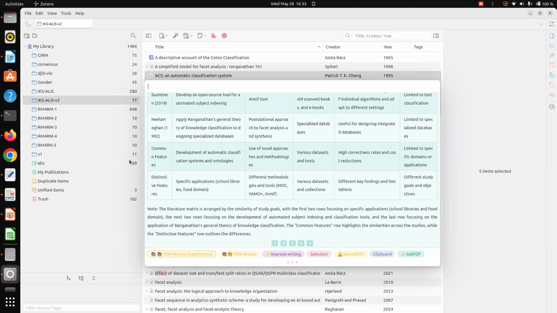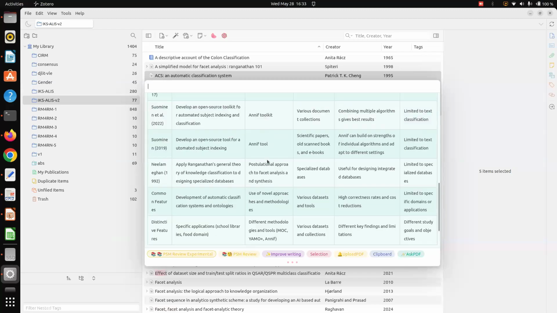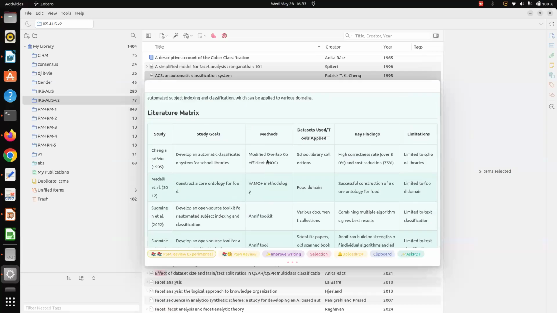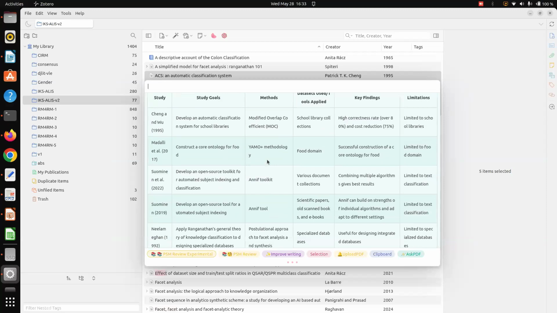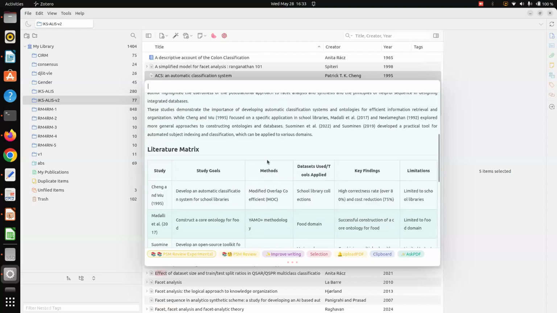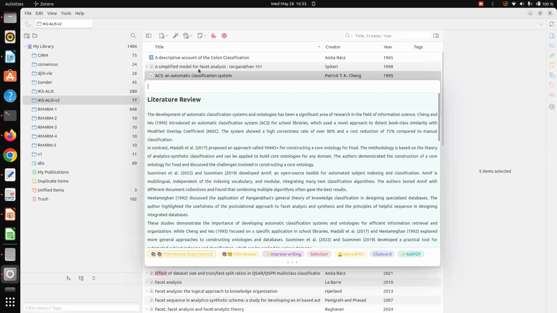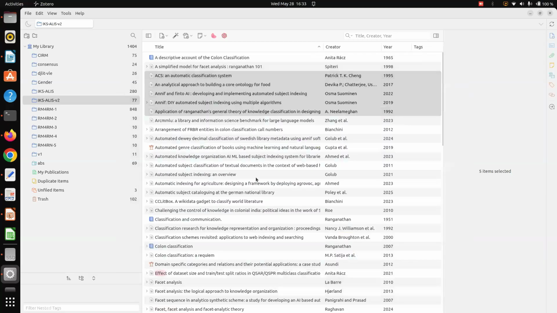For each section we can list all of the papers, their key features, limitations, and other key findings, and the methodology they followed, in one table. Then I can decide which papers finally need to be included in my final collection for the literature review. We all do this manually, but here you are taking the help of a machine. By reading this literature matrix, you can get an idea about the 5 papers I selected, what these papers are all about, and then I can select another 5 papers for doing the same job.